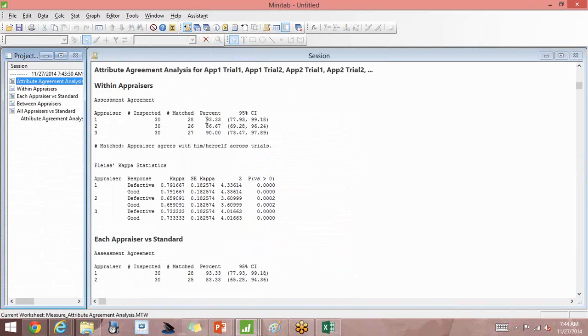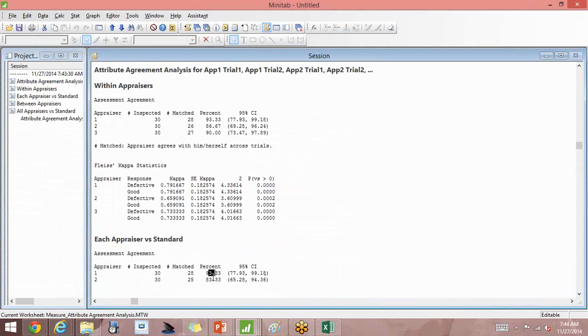Instead, I'll go to the textual information. I'll see here appraiser 1, it's 93.33, 86.67 for appraiser 2, and for appraiser 3 it is 90%. This is repeatability within appraisers. Now each appraiser versus standard, this is individual accuracy.